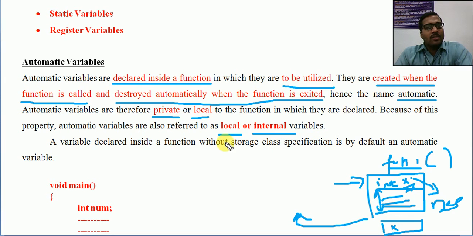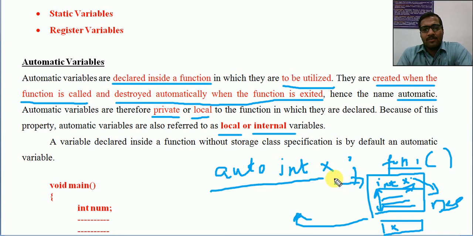Now I will give one more piece of information. Now int x is a local variable, or an automatic variable, or else we can use the keyword auto: auto int x.